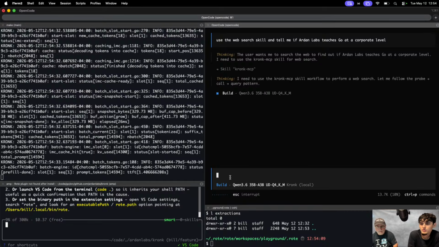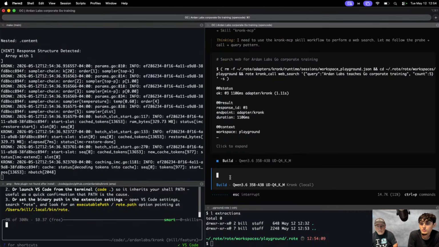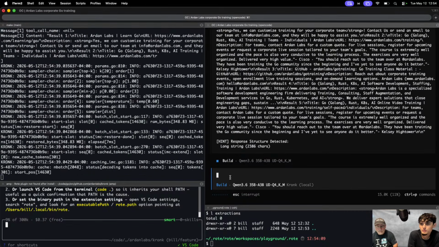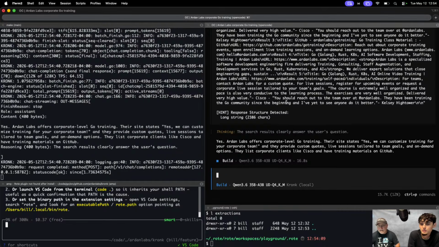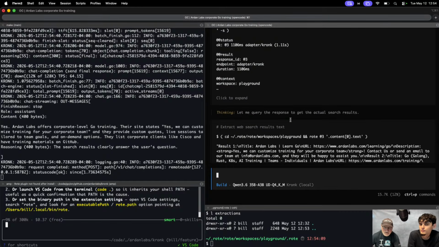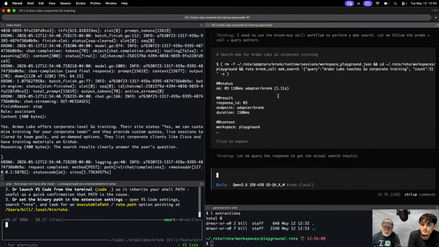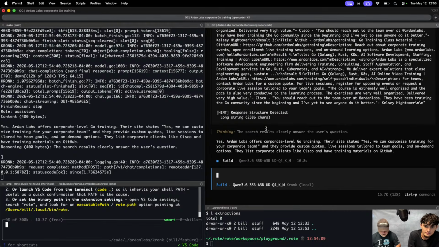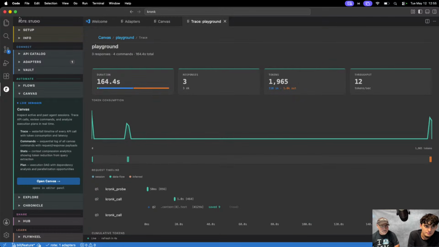MCP. It's using rote there. Done. It's faster, right? I mean, much faster. Even though it removed my playground space, whatever, I don't have to do that in this session because I'm keeping the MCP up. I probably want to remove that while we experiment because that's not helping me. But you can see here that it didn't have to relearn the skill for sure.